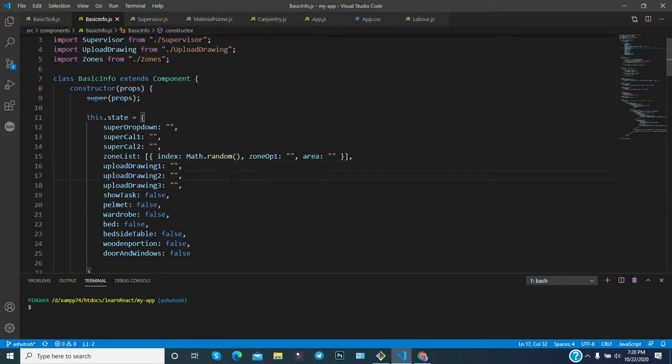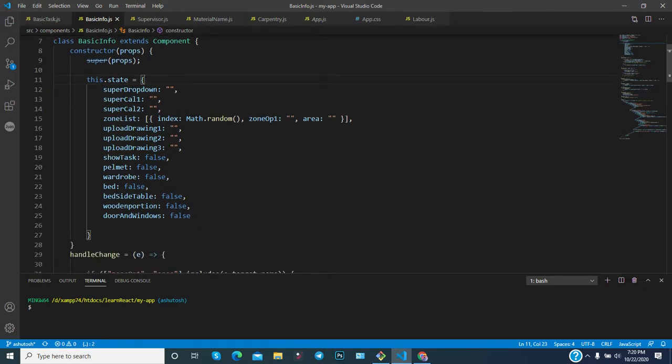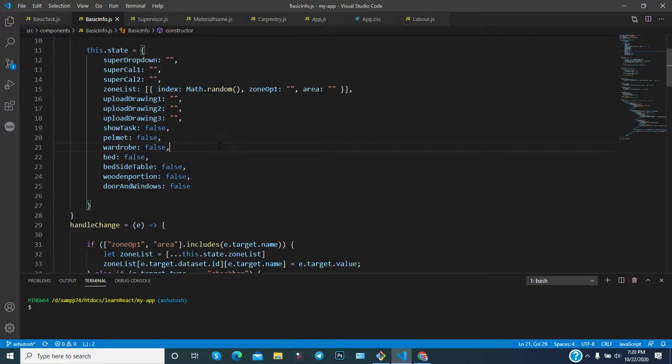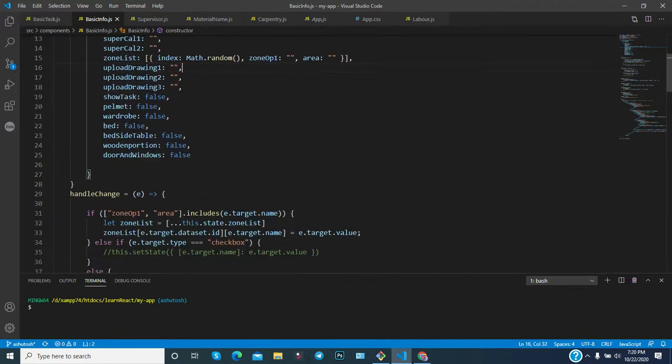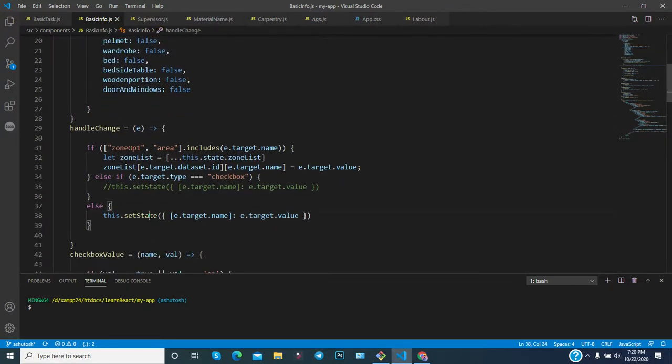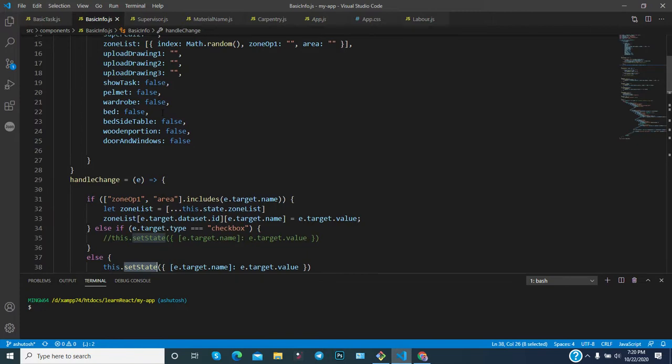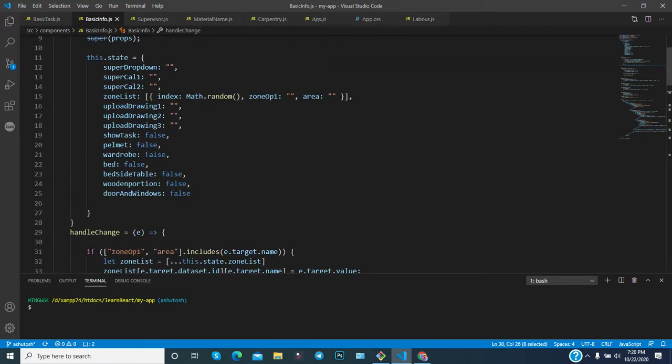It is a very cool thing that this state value can be utilized anywhere in this component. And not only that, you can also utilize the setState method to change any particular value of this state object. This is very cool.